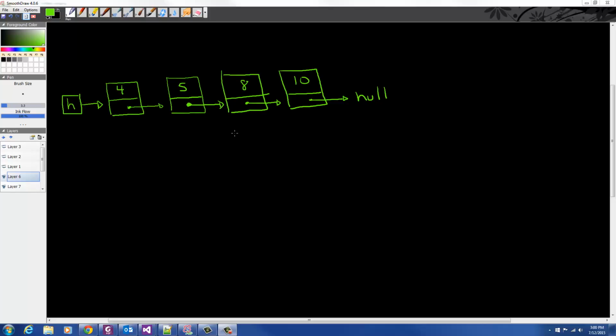Okay, so the next scenario in our add method: what if we already have a list set up and we need to add a value between two nodes, right? So let's say I want to add the number, let's say 9. Right, so how am I going to do that? Well, to do that, you need to have